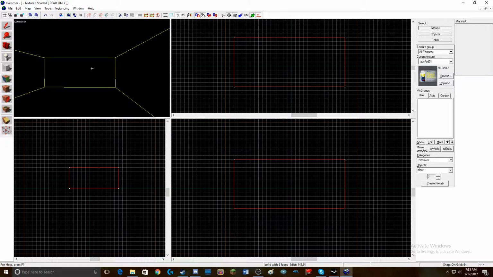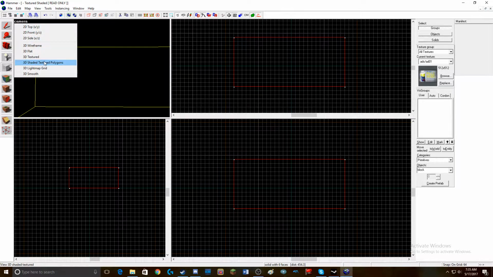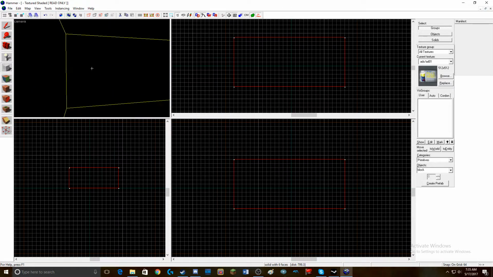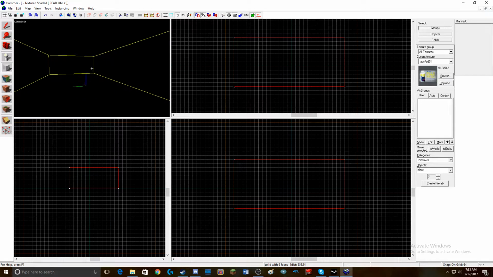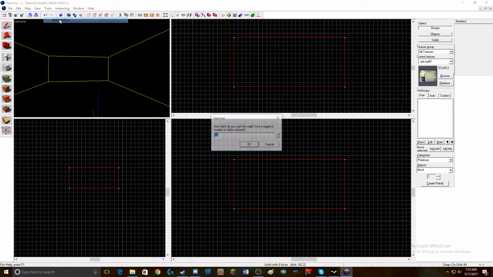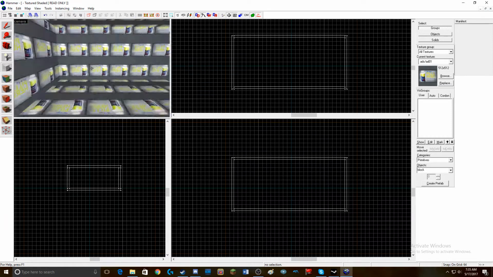In order to see inside of it and on the outside of it, we'll have to go up to Camera and click on 3D Shaded Texture Polygons. Now, we can not see on the inside, yet you can see on the outside. In order to fix this, we have to go up to Tools and click Make Hollow. For this number right here, we'll want to put in -32. This will hollow the block out outwards, and it makes it a lot easier to manage. Great, now we can see inside of our map,